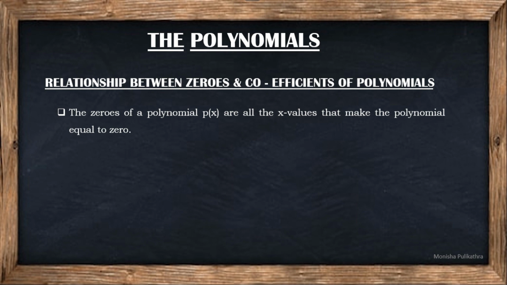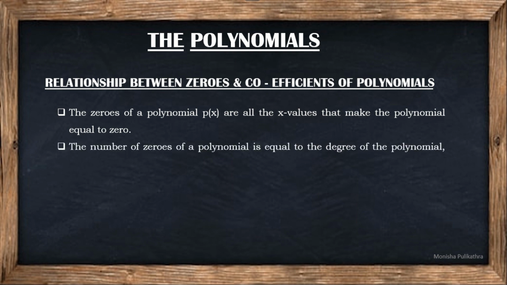Let us take an example. If you have an equation like 4x square plus 3x plus 2 is equal to 0, the value which you are going to substitute in that x can be 1, 2, 3, 0, minus 1, any integer. If you substitute that value for x, and after solving you get the whole expression as 0, then that particular number which you have replaced x with is said to be a zero of the polynomial. Hope you understood that.